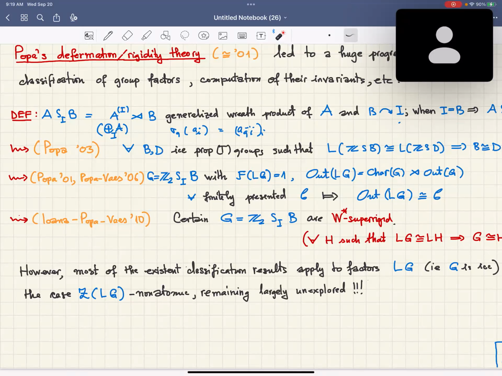So that means that instead of taking an arbitrary action, you just take the action of B on itself by left translation, okay? And in that case, we obtain what is called a regular wreath product, which will be just denoted by this, okay? So in this context, we assume some rigidity properties on the acting group. So, for example, if B and D are two property T groups, like the ones that we described, two SLNs, for example, or maybe PSLNs if you are in the ICC case, the von Neumann algebras associated to these wreath products,